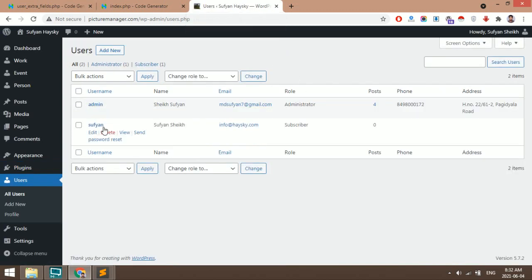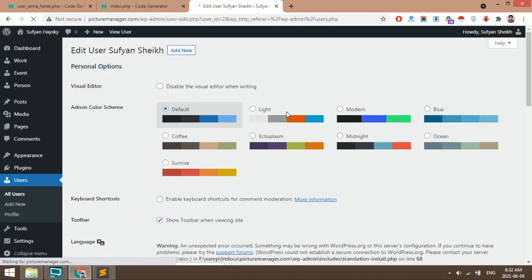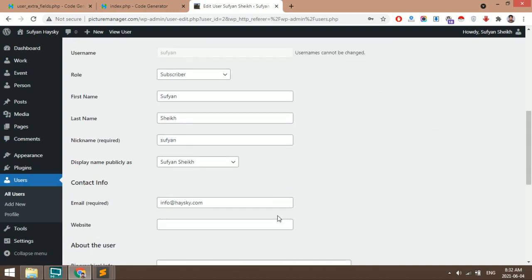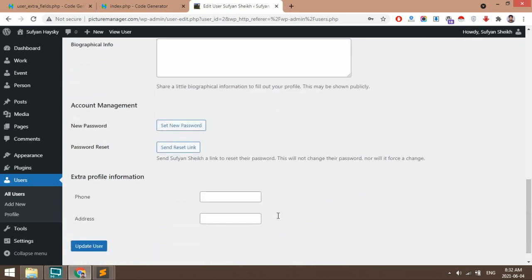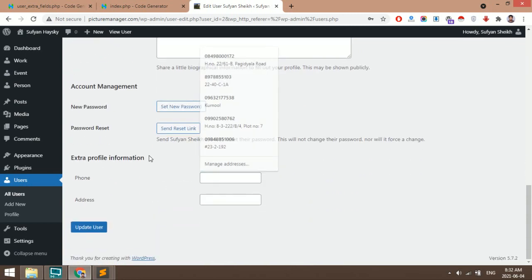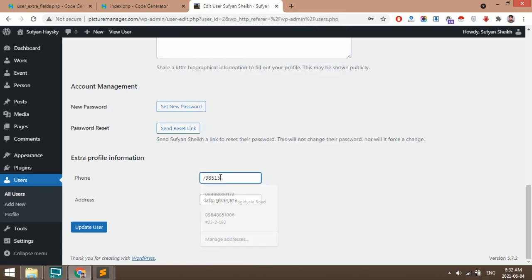So go to users, you can edit any user profile and then scroll to the bottom, then you can see the phone number and address fields here. I am keeping some random number, then I will update.